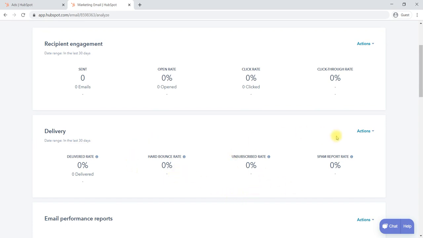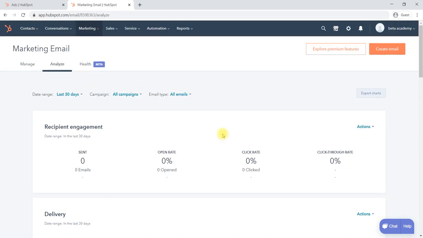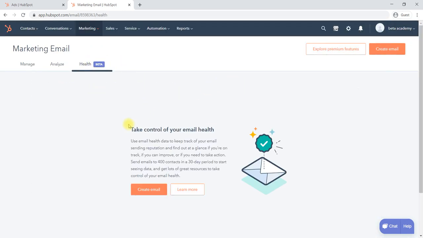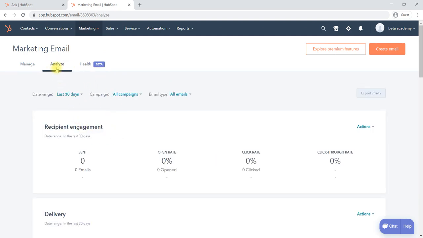Again, this depends on whether you have asked people to subscribe or not. But a spam report is very bad. If more and more spam reports are there, then we have to change the email content. This is how we can change the email content by looking at the data in the analyze tab.